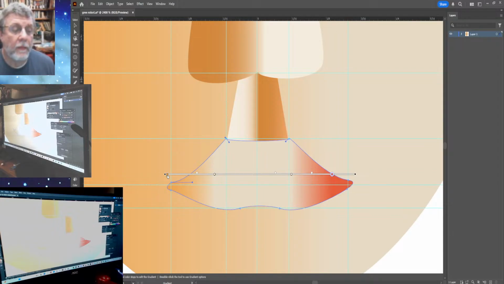Okay, for this one, let's see if the eyedropper tool does work now. Nope. And for this one,